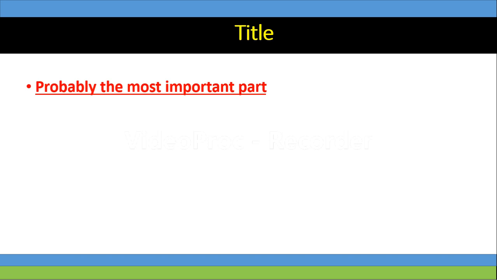You don't start with reading the abstract or the full text. You simply read and scan the articles and make a decision based on the title. If the title is not interesting, if the title is not relevant, you are not going to read that case report or that manuscript at all.